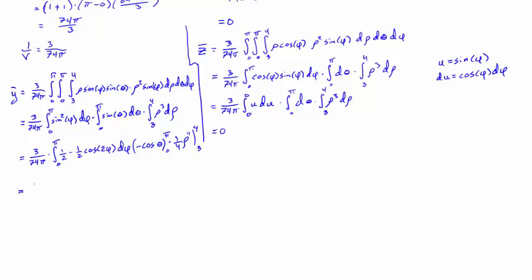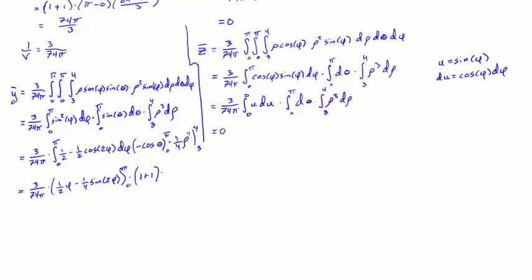And so we get equals 3 over 74 pi times 1/2 phi minus 1/4 sine of 2 phi, all evaluated from 0 to pi, and then times cosine of pi is -1, but negate it to get a +1, then minus a negative makes a plus cosine of 0, which is 1,